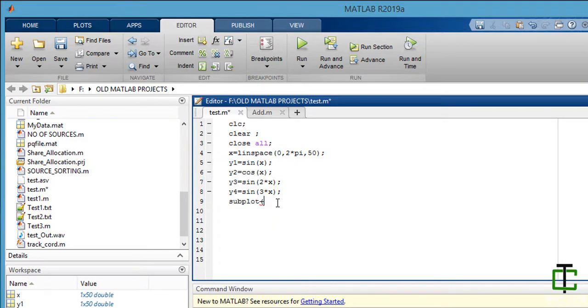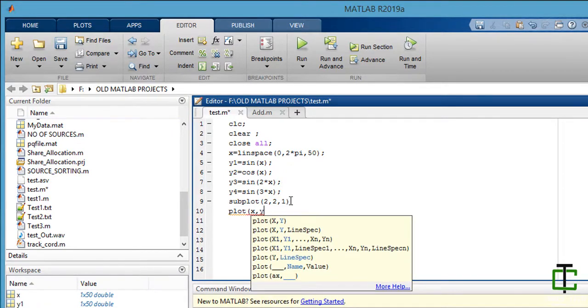Let's see how it is going to work. Let's say I want to display these 4 sinusoidal plots in a 2 cross 2 matrix. So write here 2 comma 2. Now it's a 2 cross 2 matrix. I want to display my first sinusoidal wave: subplot 2 comma 2 comma 1, then plot x comma y1.